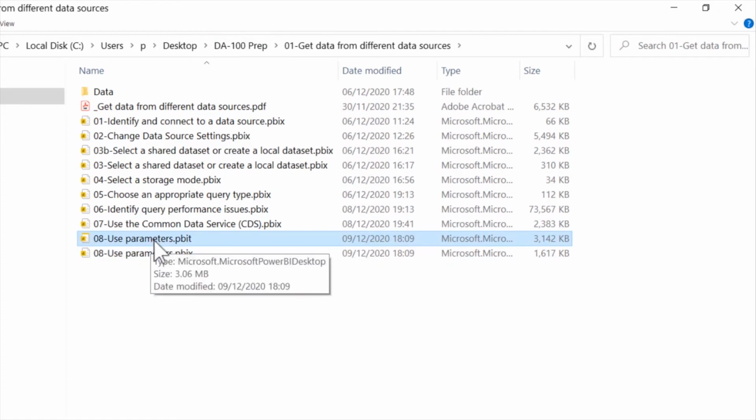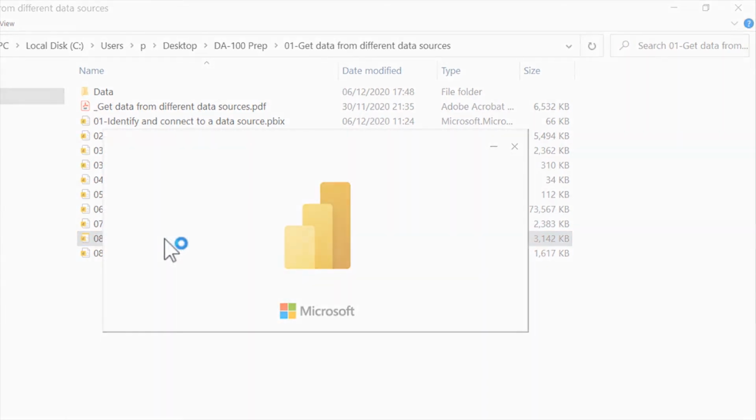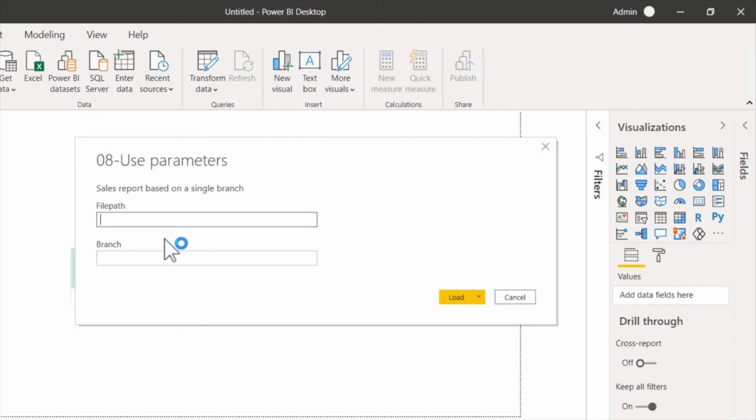So let's open the PBIT. And as usually happens when you open a template, the original template is not opened. This is now a copy of the template, which we can then go on to save as an ordinary PBIX file. So let's set our branch to Glasgow,